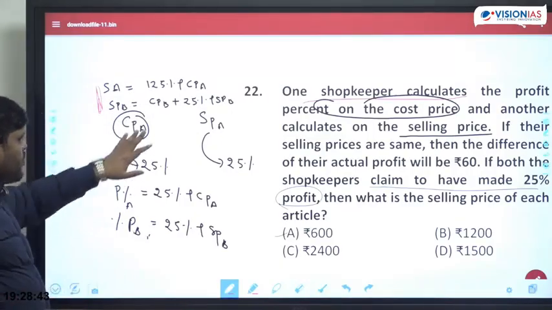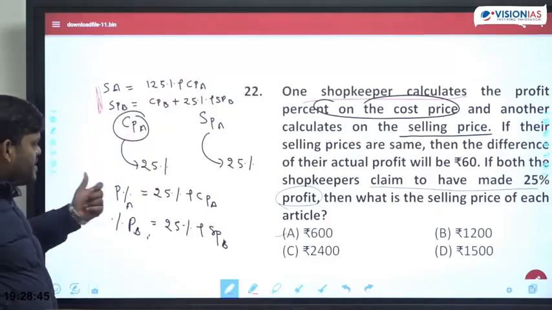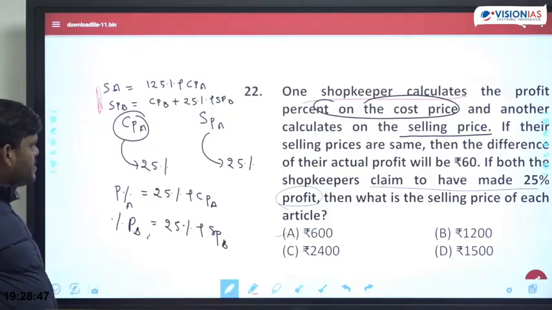Actually I am trying to avoid the equations because by equations we can find the answer, but a lot of